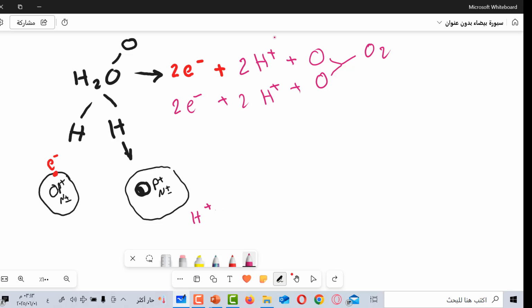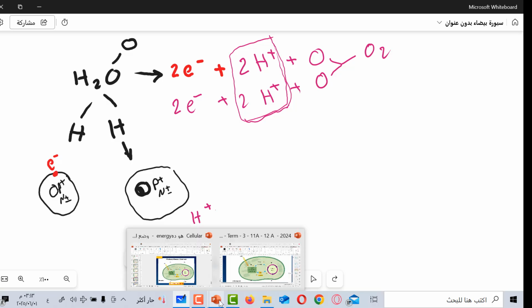Okay, but this proton, these protons accumulate inside the thylakoid. Okay, it's concentrated inside the thylakoid, and this is the electron which is transferring through the electron transport chain, as we will see now. Okay, let us return to our